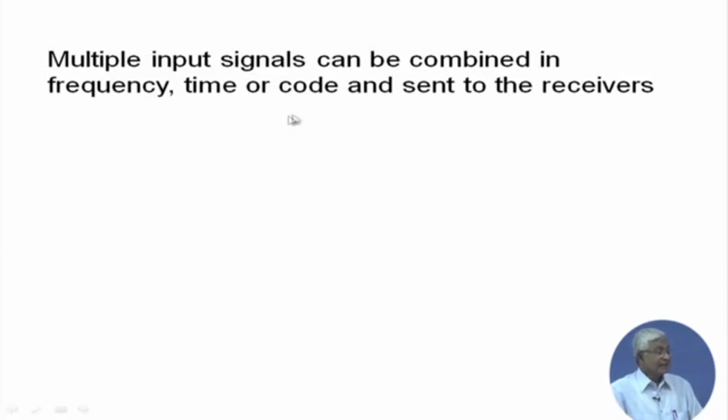Multiple input signals can be combined in frequency, time and code and sent to the receiver. That combination is happening at the satellite, at the transponder. Each individual is sending separately. At the transponder, the combination is happening, and then the combined signal is broadcast down to the earth, and on the earth receivers are there, and based on the type of multiple accessing, receivers will pick up their intended signal